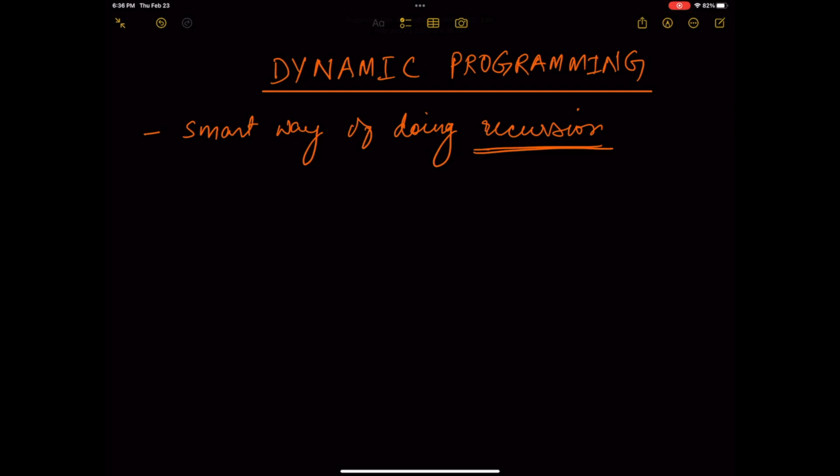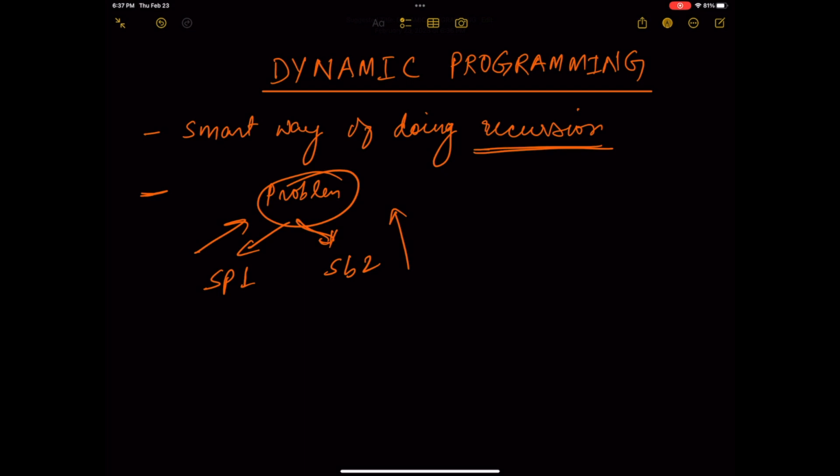How can we identify if a problem can be solved by recursion or not? So the main thing to notice while solving a problem by recursion is that a problem can be broken down into subproblems. So if a problem can be broken down into different subproblems, then the main problem could be solved by combining the solutions from these subproblems. Okay, so to understand this,